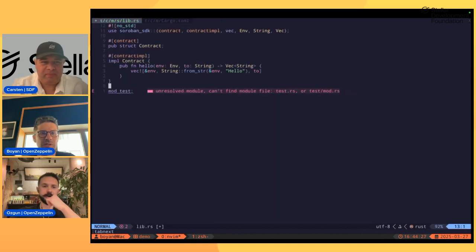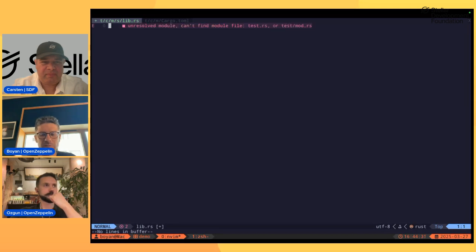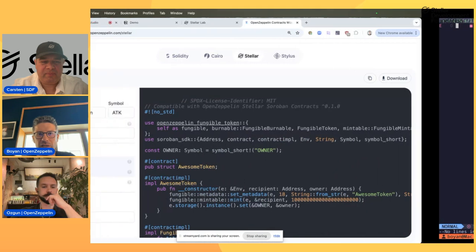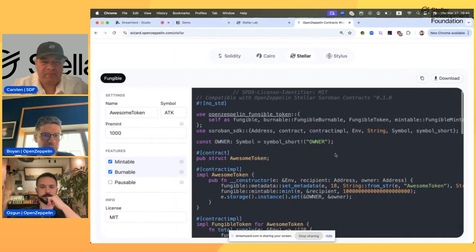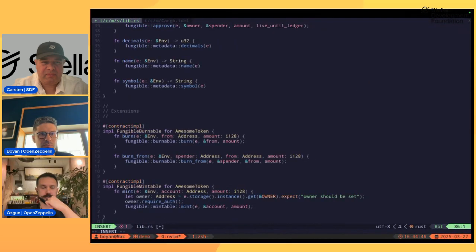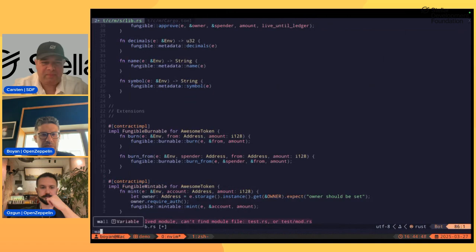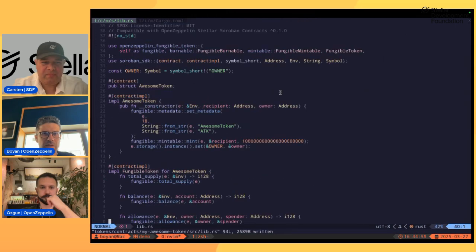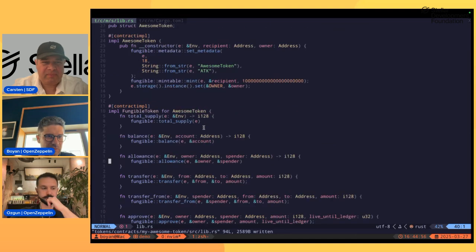Then we are ready to delete this boilerplate that was provided by the CLI and go back to the wizard UI. Here we are copying our contract, going back to the file, pasting it, and so we have everything set up.